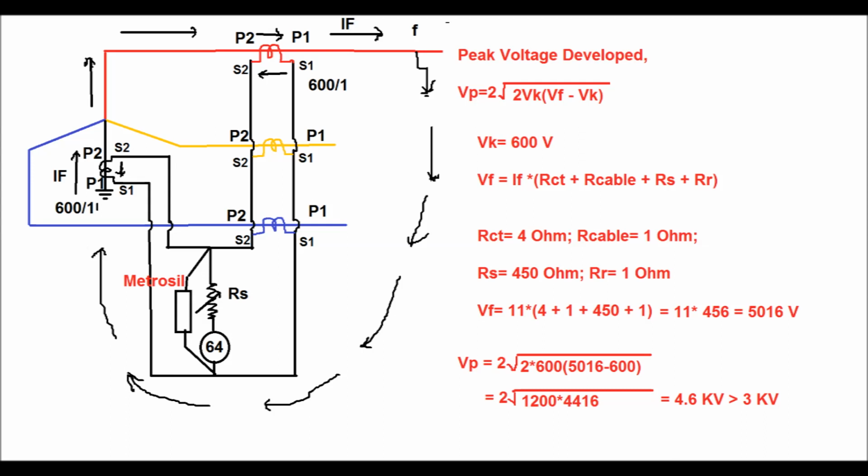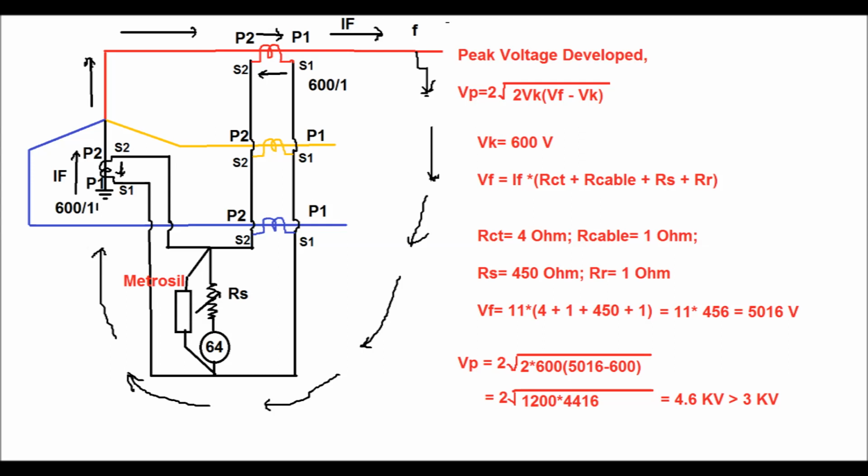Here RCT is the CT resistance, RKL is the resistance of the cable, which is calculated as 1 ohm, and RS is the value of the stabilizing resistor, which is calculated as 450 ohm. Now RR is the relay resistance, which is 1 ohm. So the value of Vf comes as 11 into 4 plus 1 plus 450 plus 1, which is equal to 11 into 456, which comes as 5016 volt or